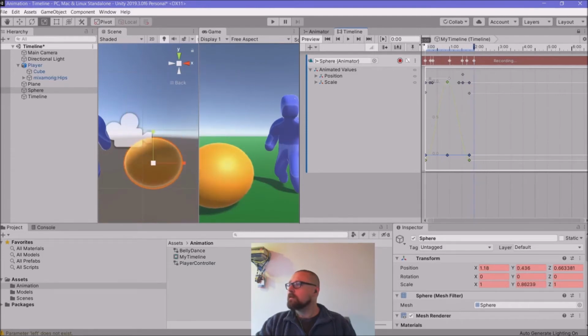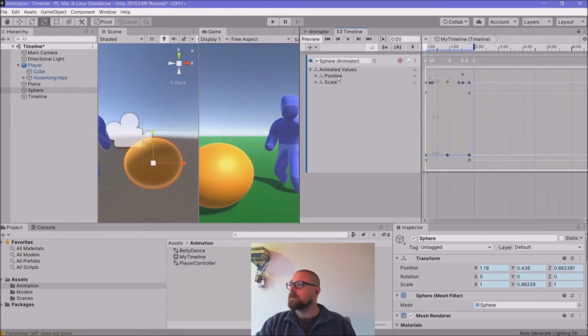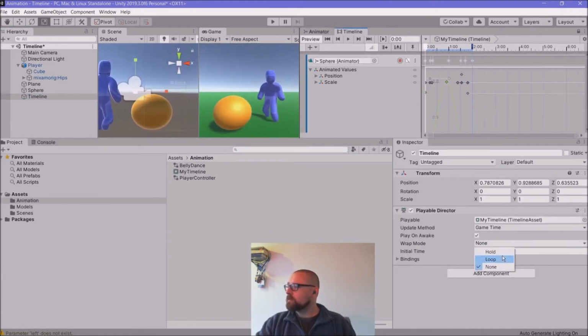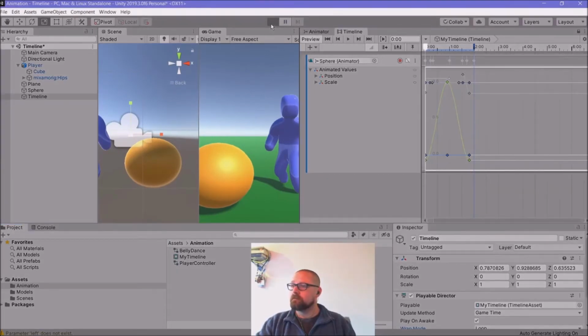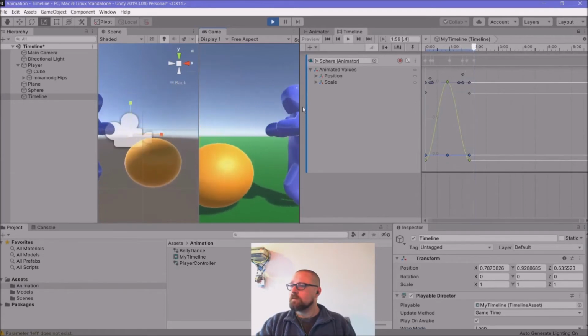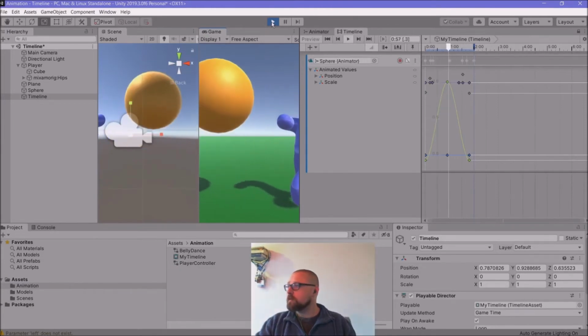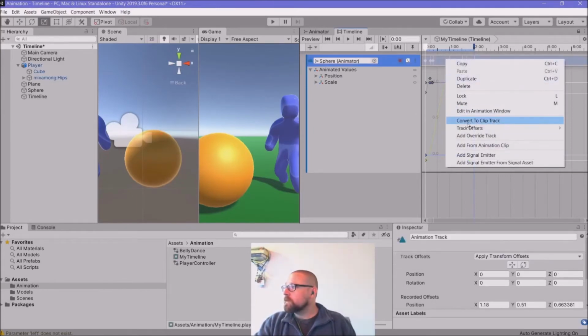Now to actually loop it, let's go back to our timeline, and there's a wrap mode setting. So let's set it to loop. And let's play it. Okay, so that's kind of the beginning of what an animator might be doing in their 3D package. We can now do this stuff in Unity. What's interesting is that now we can convert this to an animation clip. Convert to clip track. Okay, and if I click edit in animation window,